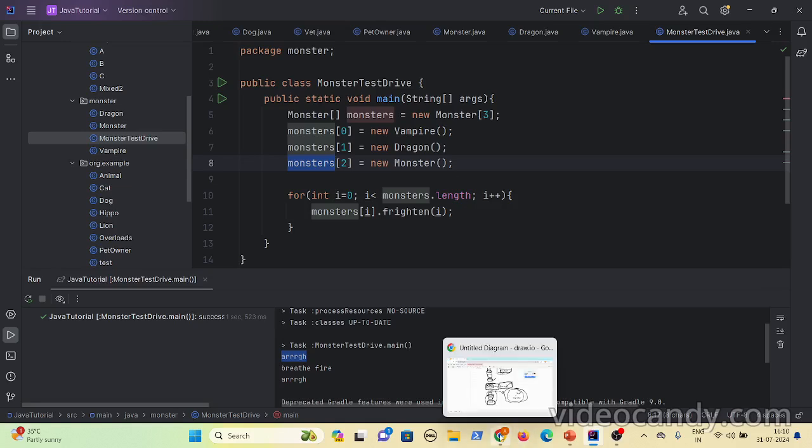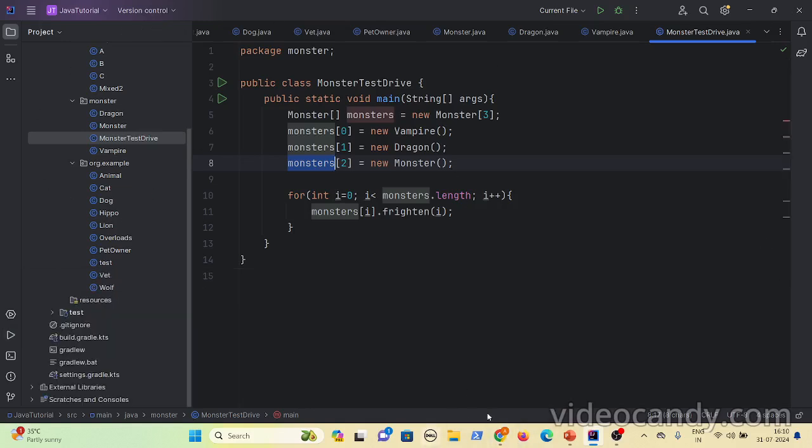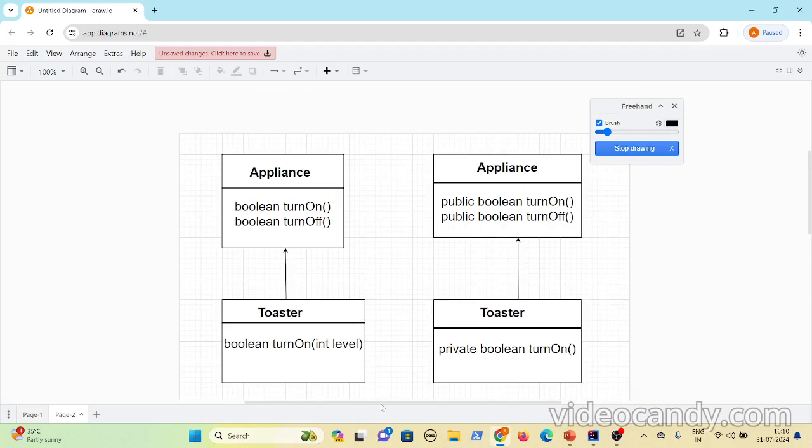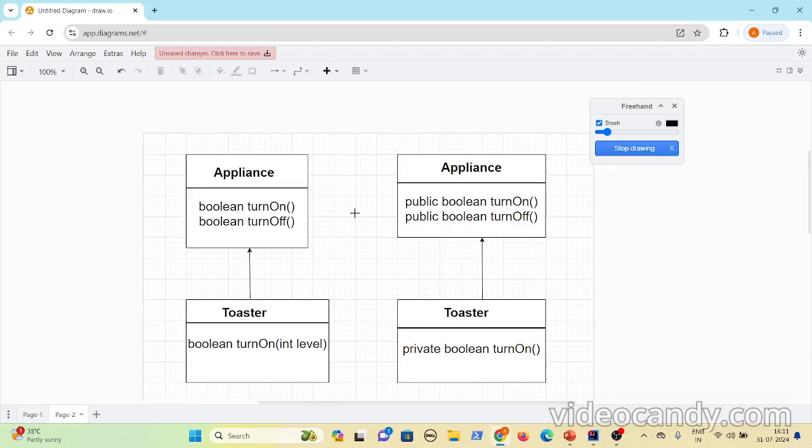Now one more thing, there is this overloading concept. Let us see one more example. You have an appliance superclass, and inside it you have written two methods, turn on and turn off. There are multiple appliances, like toaster, oven, fridge. For each appliance you should turn on and off, but the way you do it could be different. So you put some default implementation in the superclass appliance, and let your subclasses add their own implementations for turn on and off.